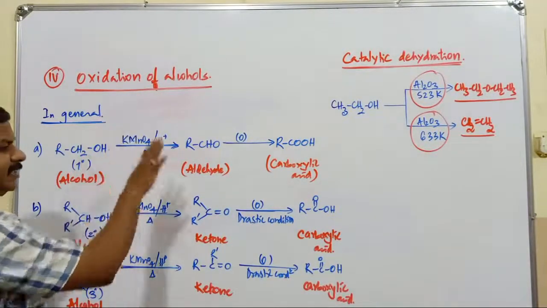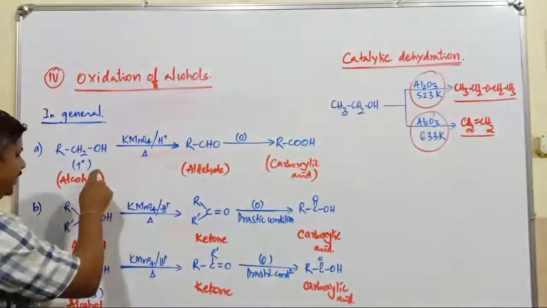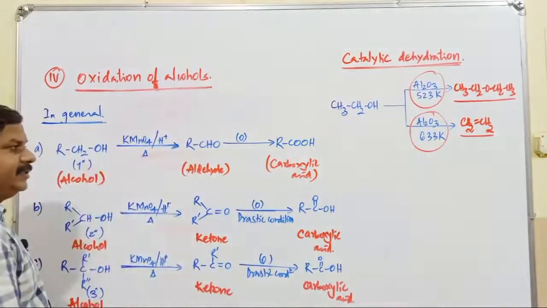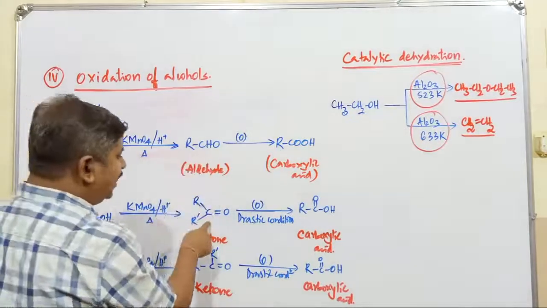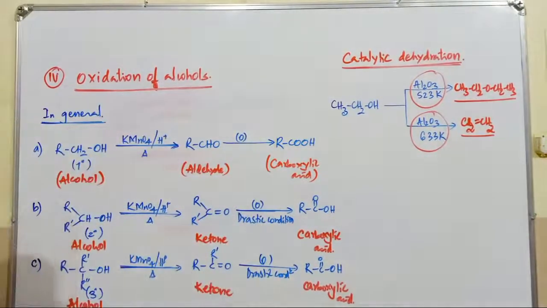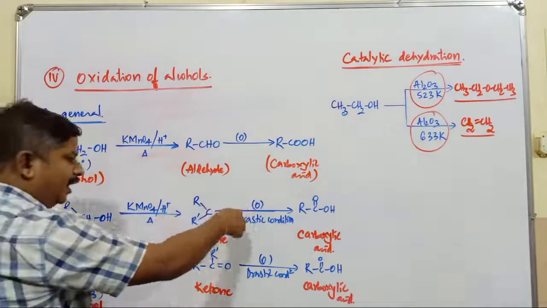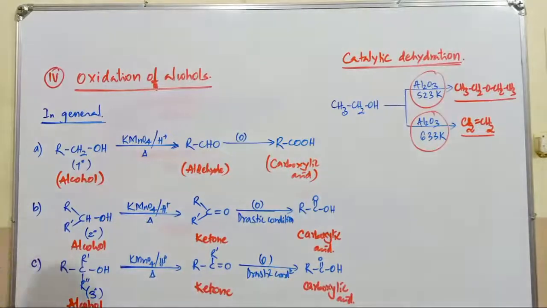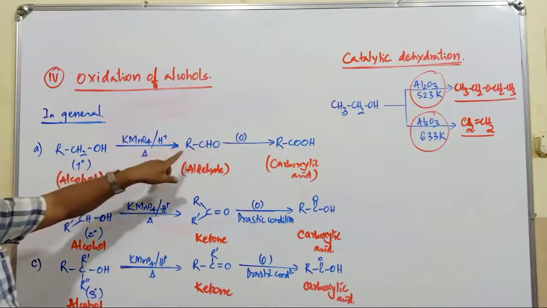No doubt, in the oxidation of primary, secondary and tertiary alcohol, the final product is going to be a carboxylic acid. But conversion of this ketone into carboxylic acid takes place only under drastic conditions. If you use a normal or mild oxidizing agent, ketone cannot be converted into carboxylic acid. So in general, if you take any strong oxidizing agent, primary alcohol gets converted easily into